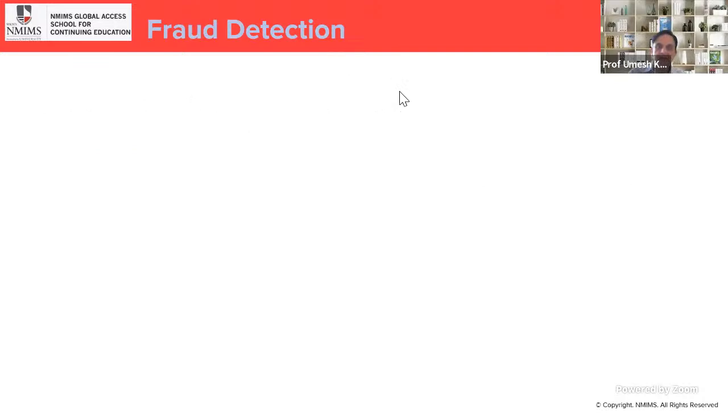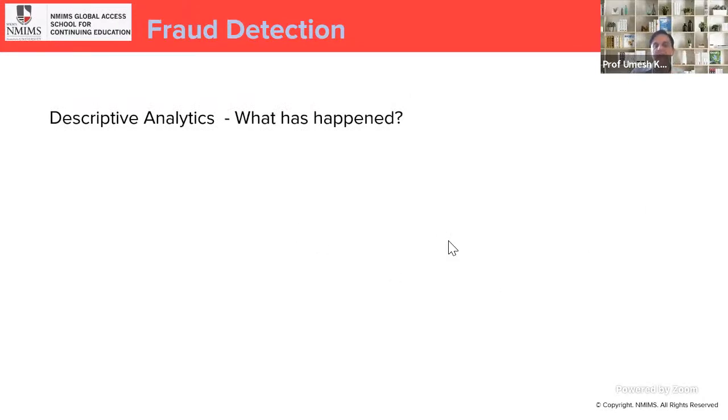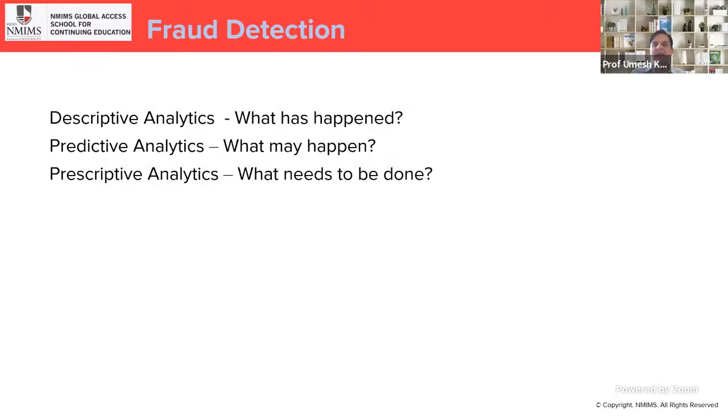So these are some words that we will hear in the world of analytics, including fraud and risk analytics. One is descriptive analytics, which means what has happened. Predictive analytics is obviously what is going to happen tomorrow, and we want to prevent it from happening tomorrow. That is the main goal or aim. And prescriptive analytics is what needs to be done today to prevent it from happening tomorrow. So very, very important. Descriptive, predictive, and prescriptive analytics, and a combination of all of these 3 are used to